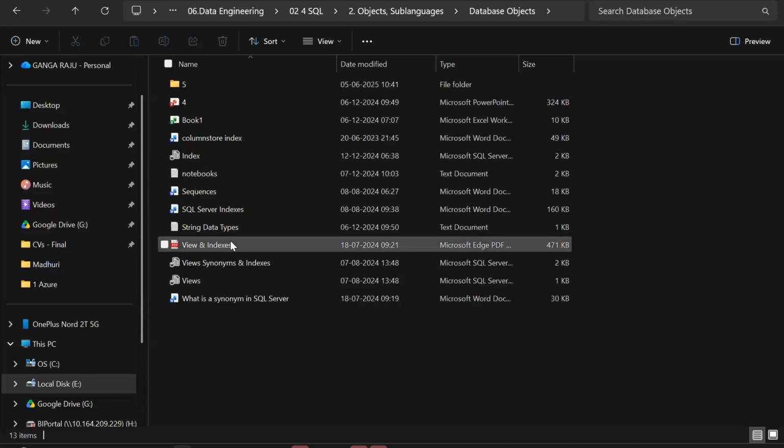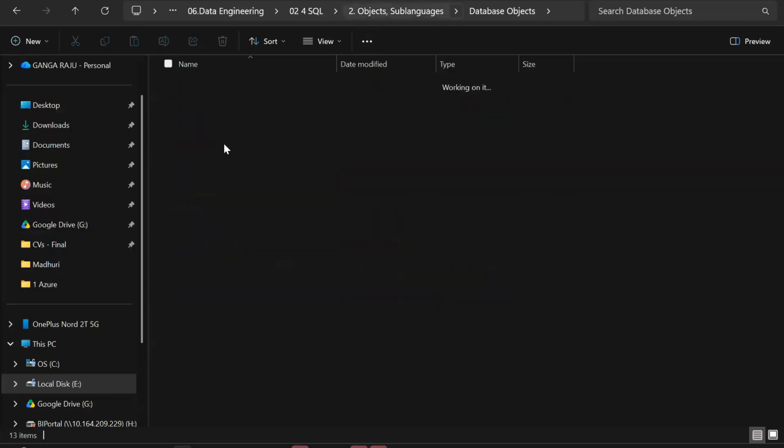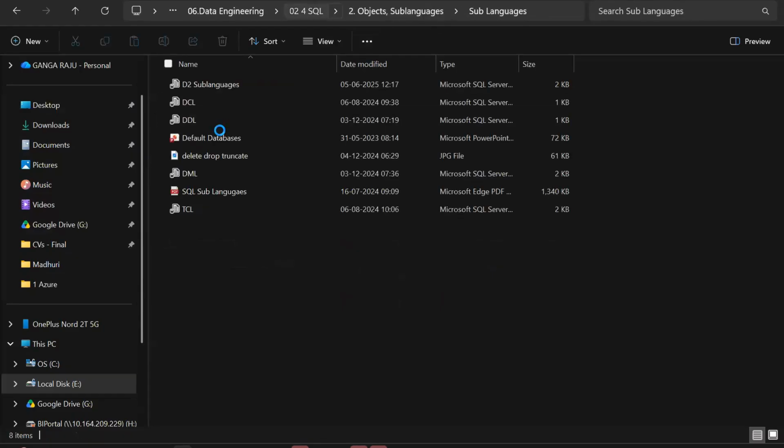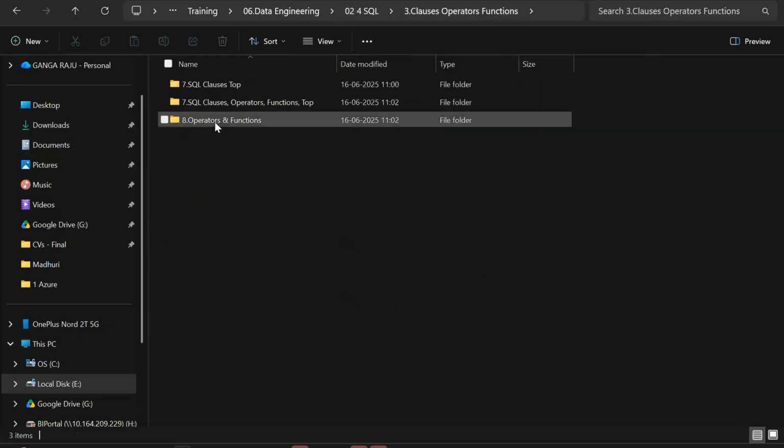Like that, indexes are also important from the perspective of performance optimization. So this is one thing, and this is a long way. And here we write